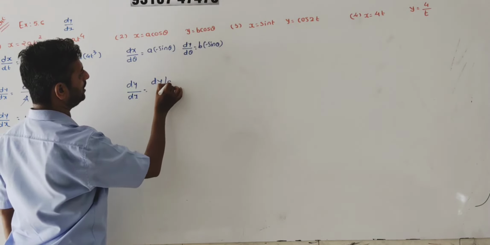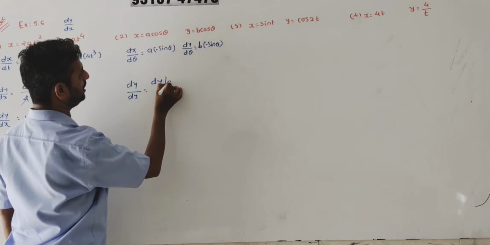Now our 7th example is there. x is given as sin cube t upon under root cos 2t, and y is equal to cos cube t upon under root cos 2t. So we are going to use the division rule. So dx by dt: denominator square means the root is gone, so cos 2t. Here cos 2t is as it is.